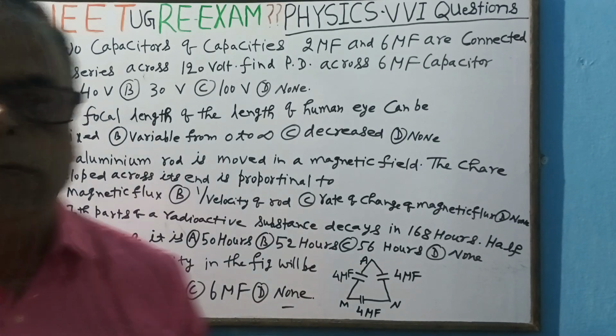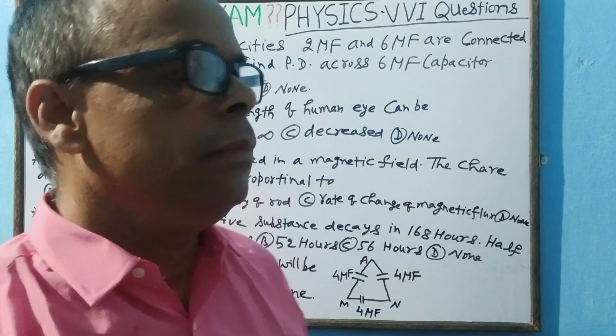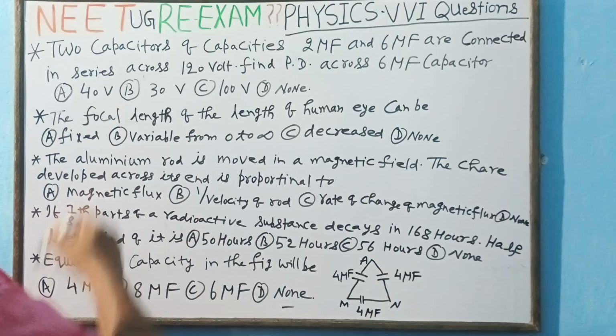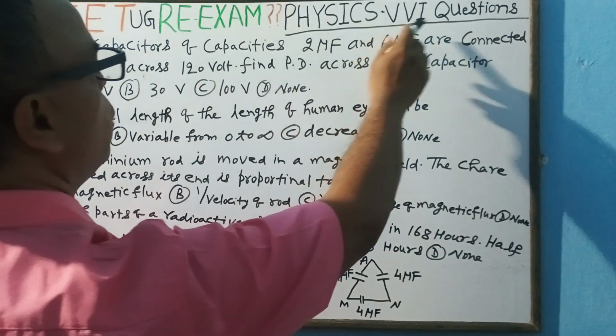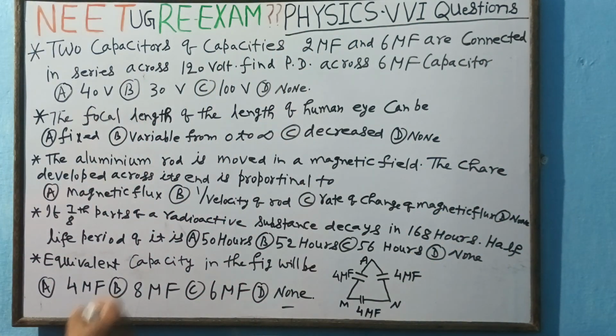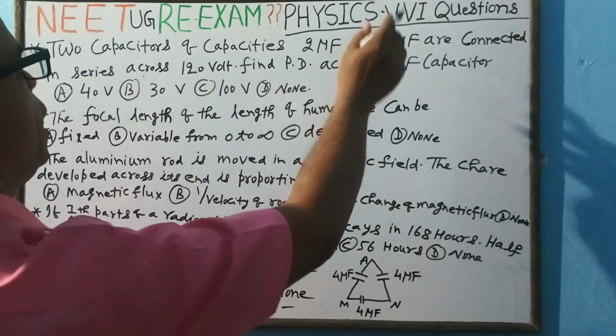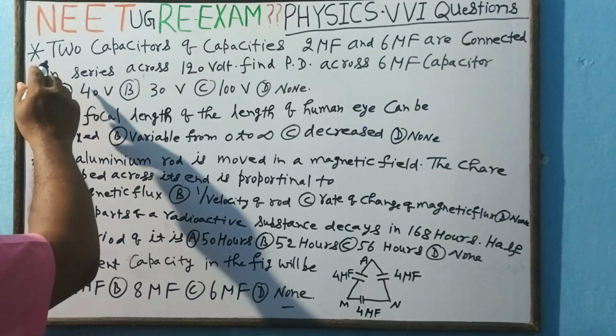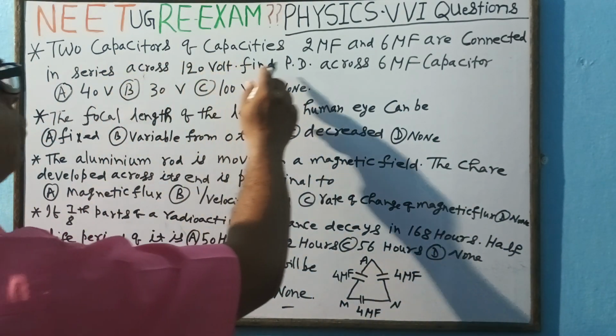This video is about the NEET UG re-exam, and the topic is NEET UG re-exam physics VBI questions. We see some important physics subject VBI questions, and the first question is: two capacitors of capacity 2 microfarad and